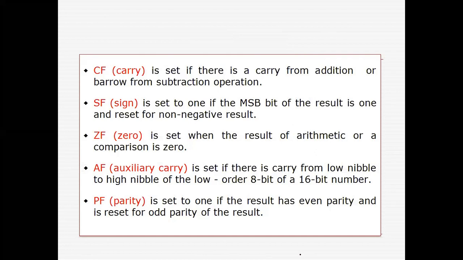You can easily understand these 6 conditional flags: carry flag, sign flag, auxiliary carry flag, parity flag, and overflow flag. After performing an arithmetic operation on two 8-bit or 16-bit numbers, if the result exceeds the capacity of the destination register, for example the result is 9 bits but the 8-bit register cannot store the 9th bit, you represent it as the carry.